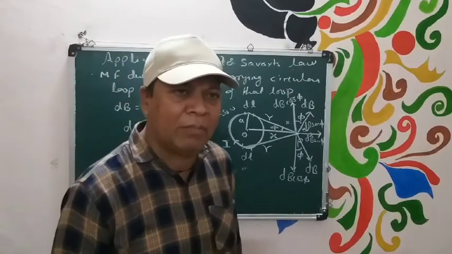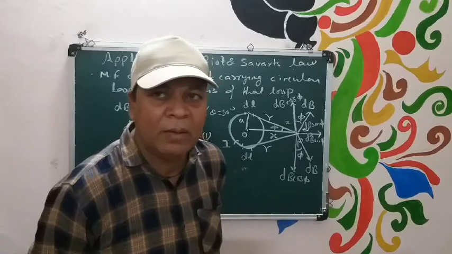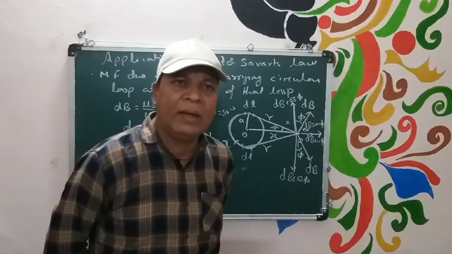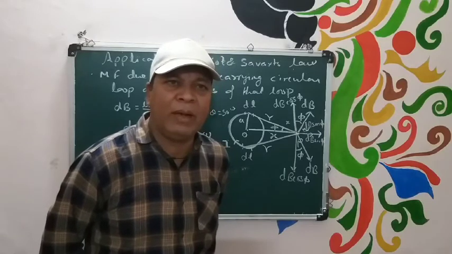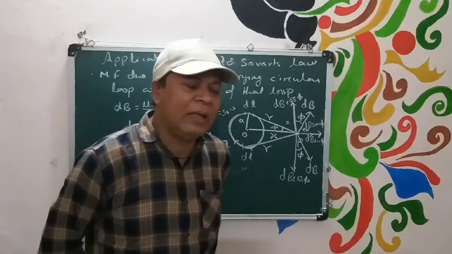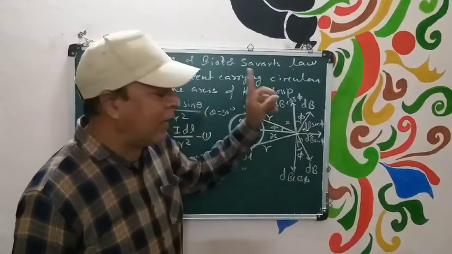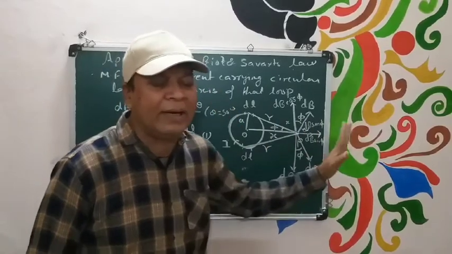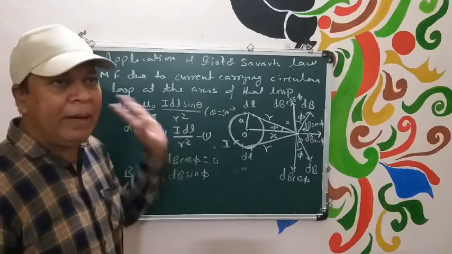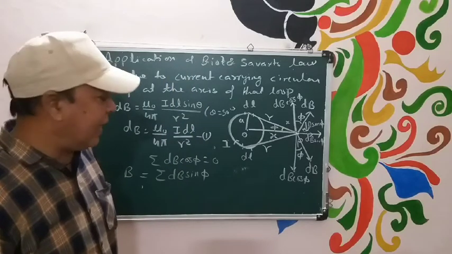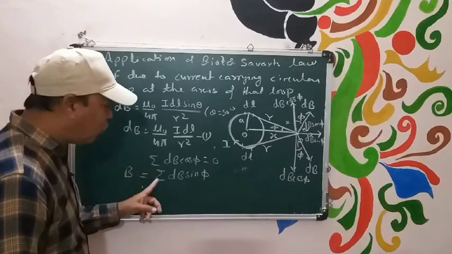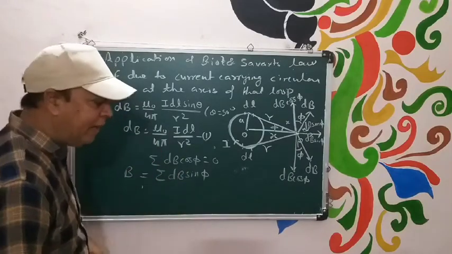Previous sections में भी हम लोगों ने डायरेक्शन की जब बात की थी तो उसमें भी हमने यही बात बोली थी कि if current is flowing in a circular coil then the magnetic field will be perpendicular to its plane. बायोट-सावर्ट्स लॉ में भी वही बात देखी, और इस केसेस में भी हम लोगों ने एनालिटिकली सॉल्व किया है. तो अगेन वी आर फाइंडिंग दैट डायरेक्शन ऑफ dB should be perpendicular to the plane, that means it will be along the axis. So now the net magnetic field should be the summation of dB sin phi.